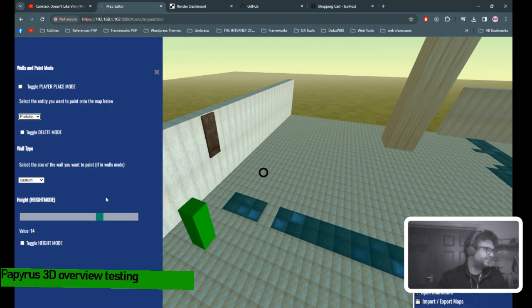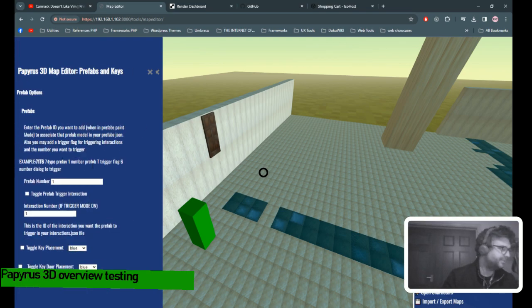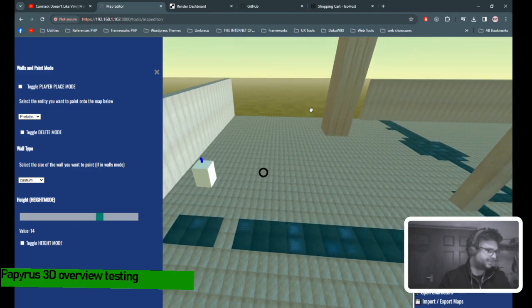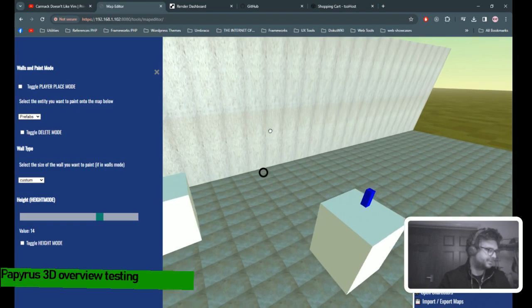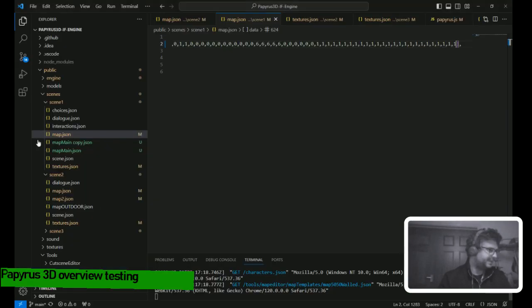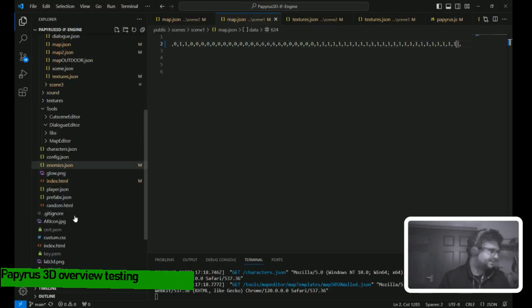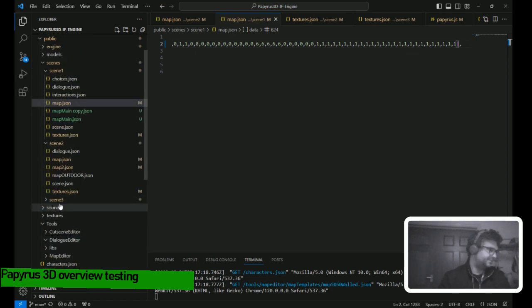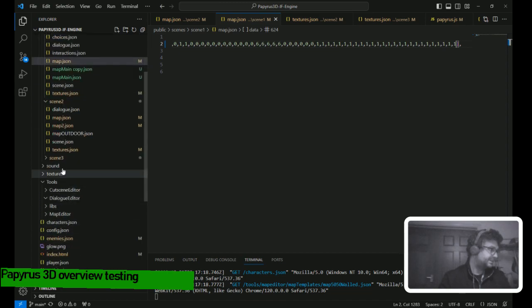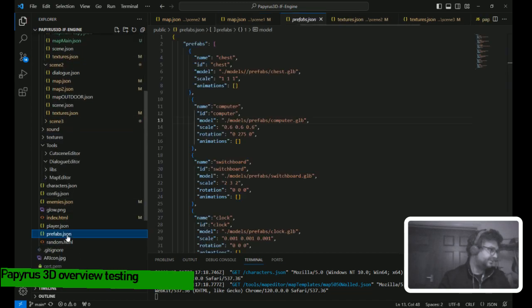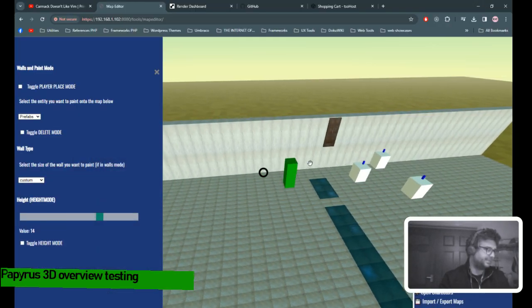Prefabs, I'll create some prefabs. So go to prefabs, I'll load in, so you can add this prefab trigger as well, so you can do that too if you wish. That's a different prefab. That blue indicates there's a trigger on it too. And prefab 3, like I said, it's all defined in the JSON. Prefab 3, which is defined in the root of the game, is a switchboard. So that'd be quite a standard one we have in there, really.